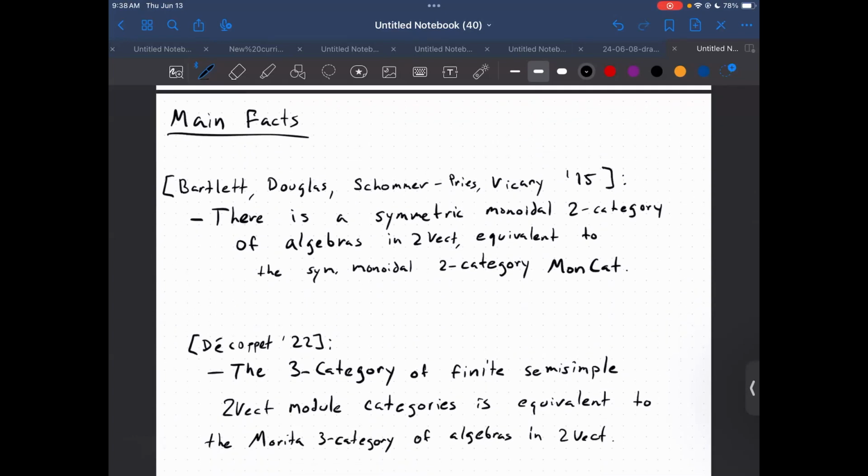is that working in 2-Vec, algebras actually do give us the thing that we want back. In particular, they're monoidal categories, right? Here they're also going to be finite semi-simple since they live in 2-Vec. And we have the Morita equivalence statement that we're after, that the Morita map, between algebras, bimodules, and their higher morphisms, to module categories and their morphisms, is still an equivalence.